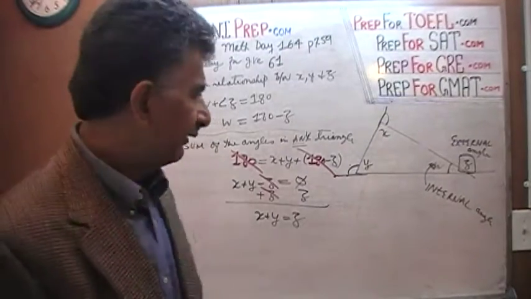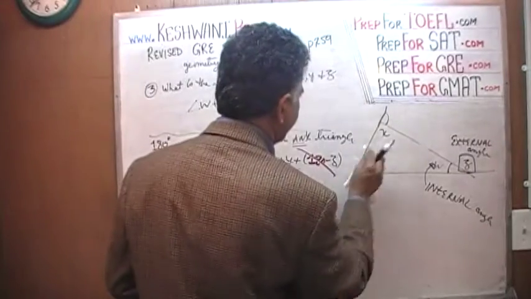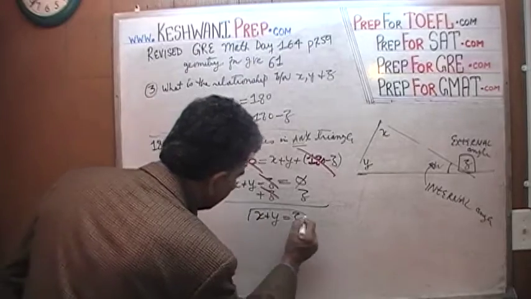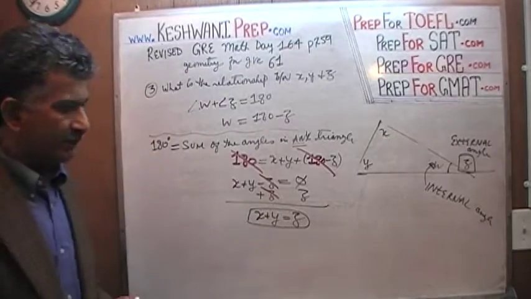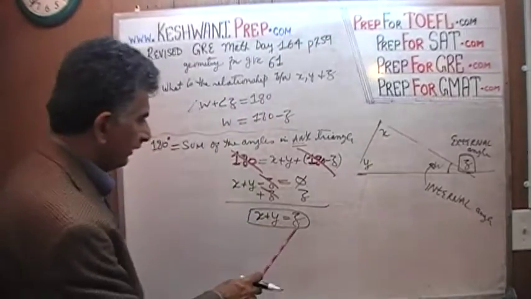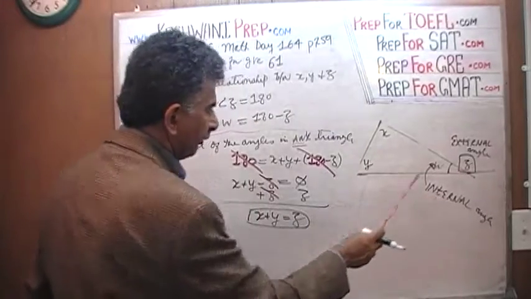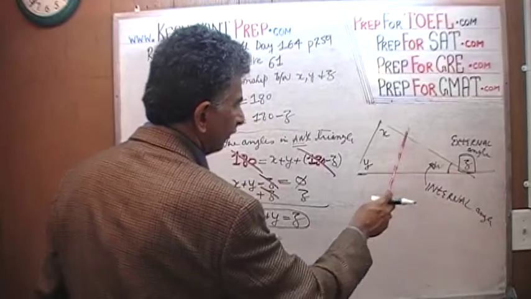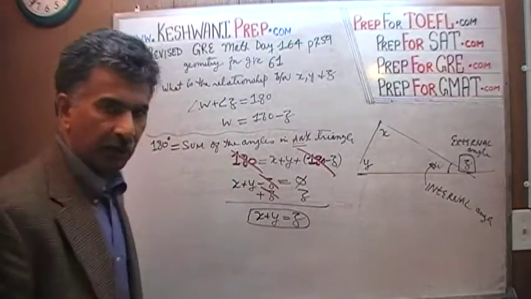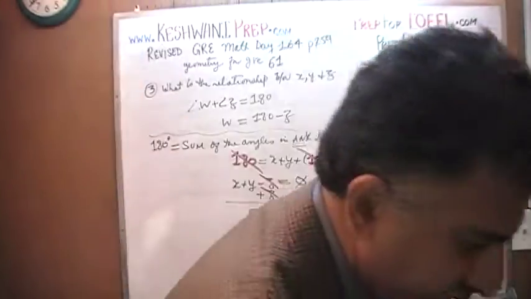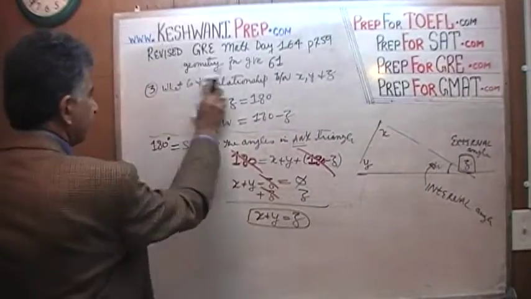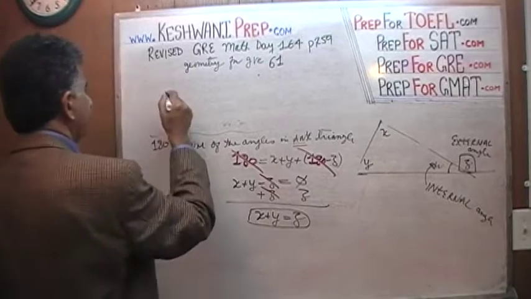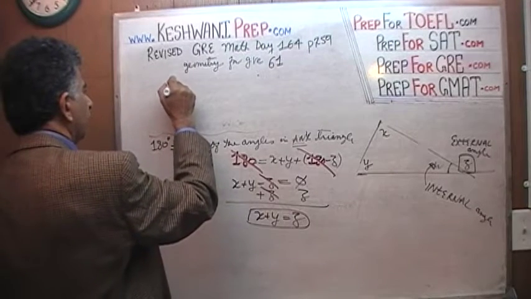The concept that they're testing here is this. What does this say in English language? Z here is our external angle. What did we find? We found that the external angle z equals the sum of these two angles. Somehow we have to articulate it, which is what we're going to do right now. I'm going to put it on the top here. So what we learn is that the external angle